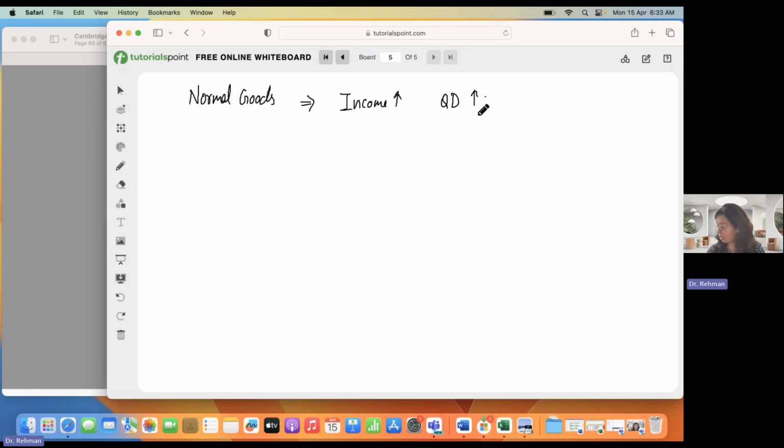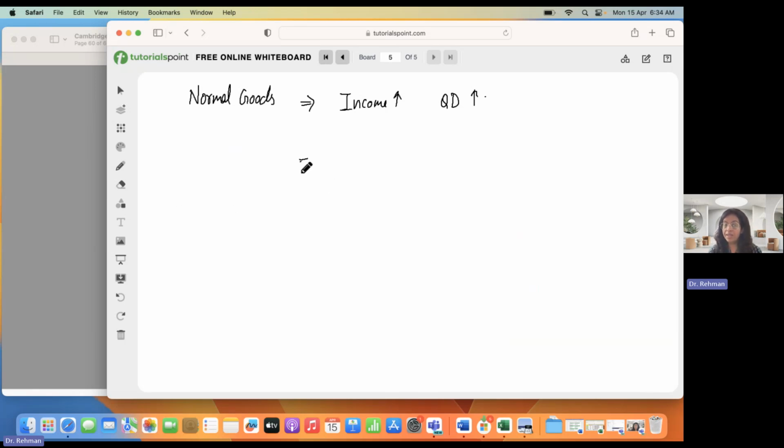So let's say we talk about fruits and vegetables in any country. If the average income of people is increasing, fruits usually are purchased more in the market. Or let us say we talk about televisions. As the average income of any country increases, people buy more and more televisions and other luxury goods. So income increases, quantity demanded increases.